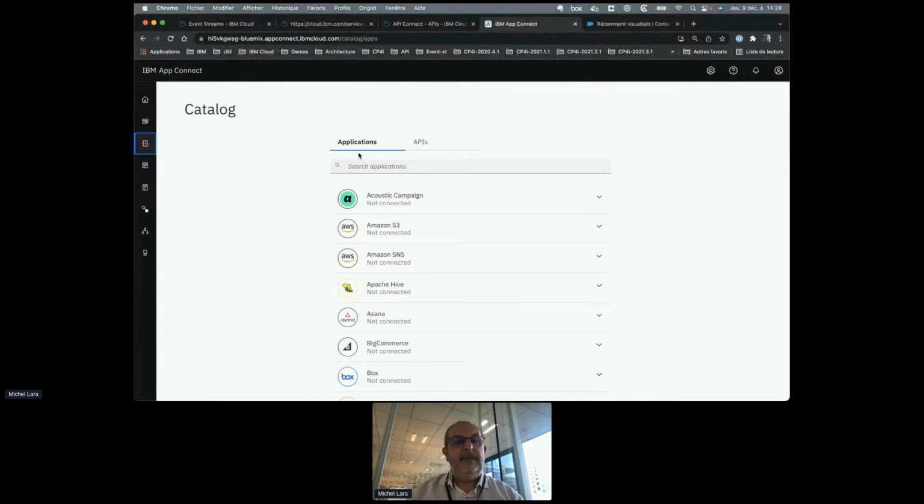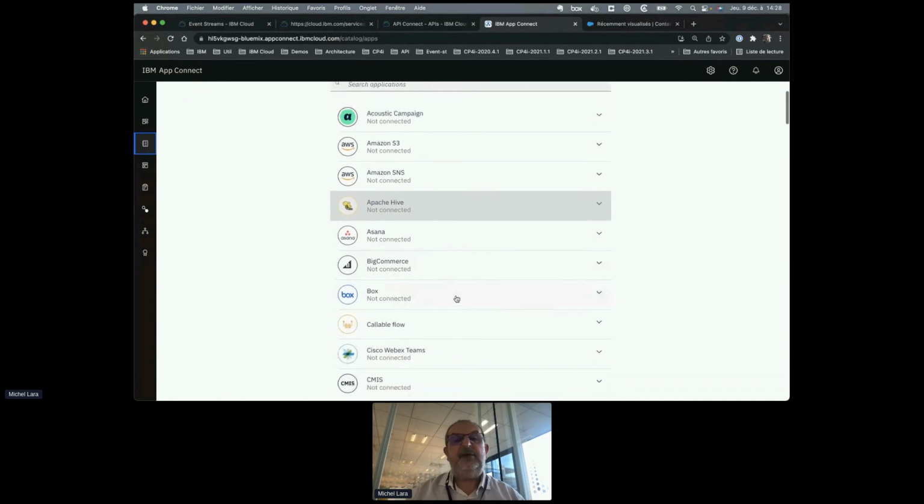Now, this is IBM App Connect. IBM App Connect is an IBM solution to manage complex integration. It's an ESB. In this ESB, you can see the catalog with pre-built connectors.